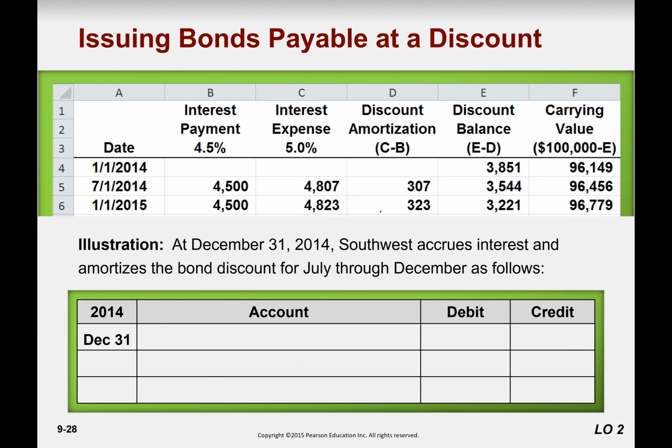The second entry going to be on 31st of December. Remember, the payment is on January 1st. All right. Cash is not being paid on 31st of December. So we create liability. First of all, interest expense is 48